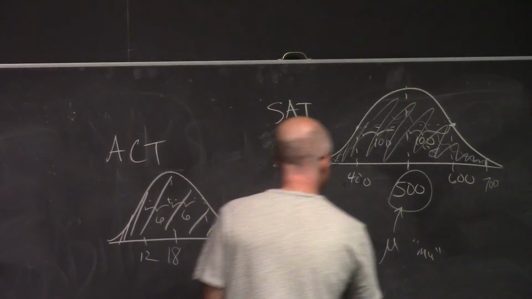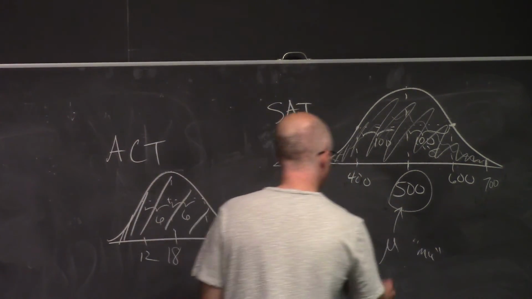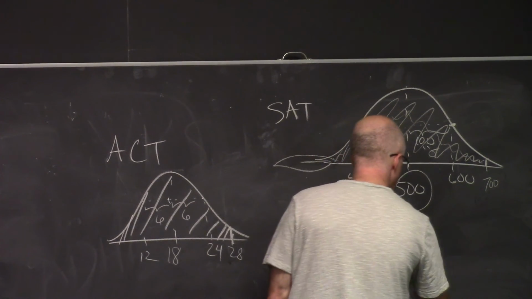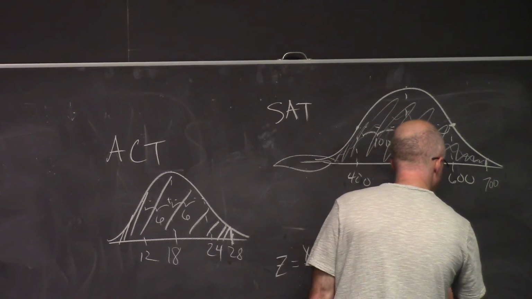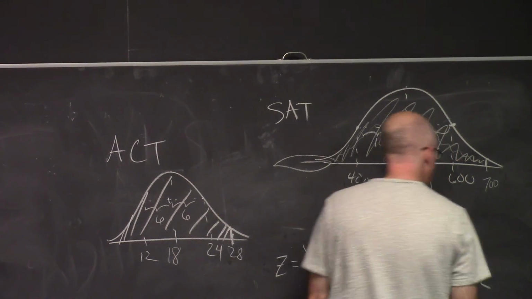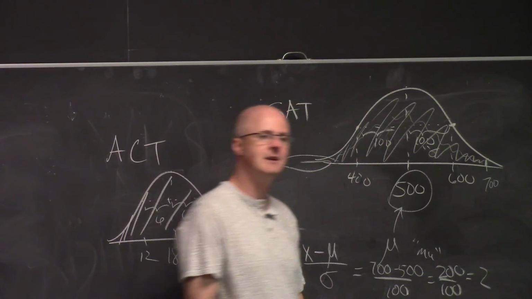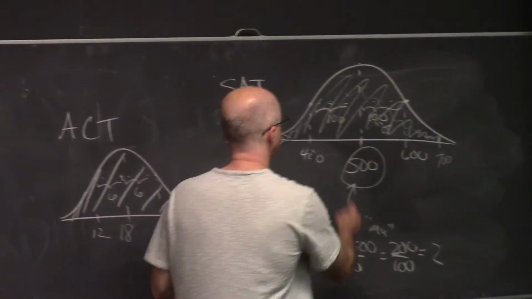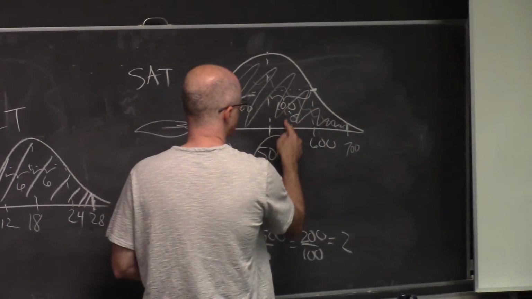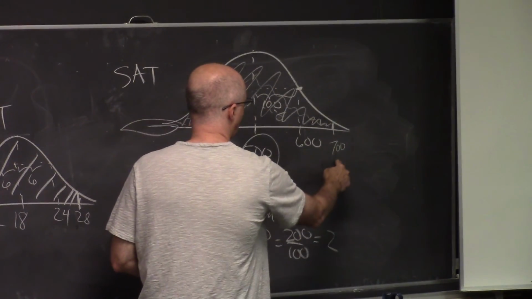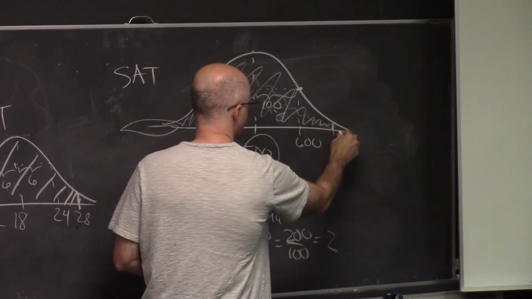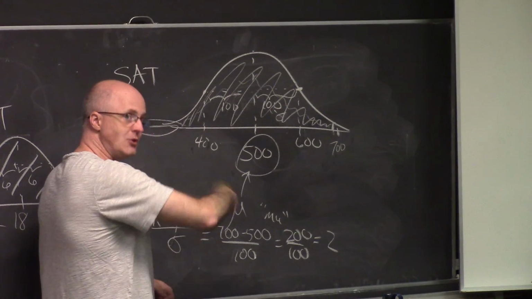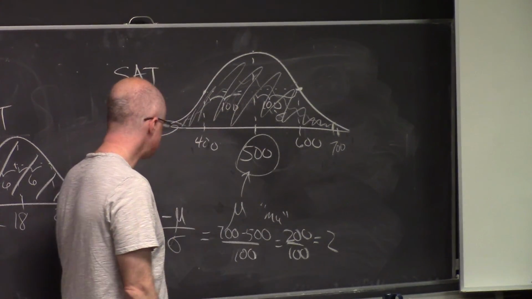In Cindy's case, you get a nice number here. You get 700 minus 500 divided by 100 is 200 over 100 is 2. Cindy, with a score of 700, was 2 standard deviations above the mean. The mean was 500, a standard deviation was 100. You go up 100 and then go up 100 again. I didn't draw this perfectly. I should probably put more over there. You've gone 2 standard deviations above the mean. That's why Cindy's z-score is a 2.